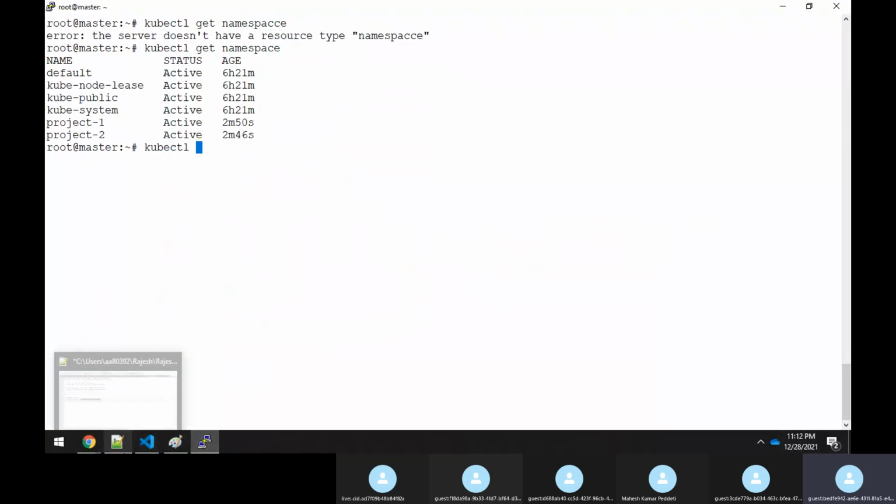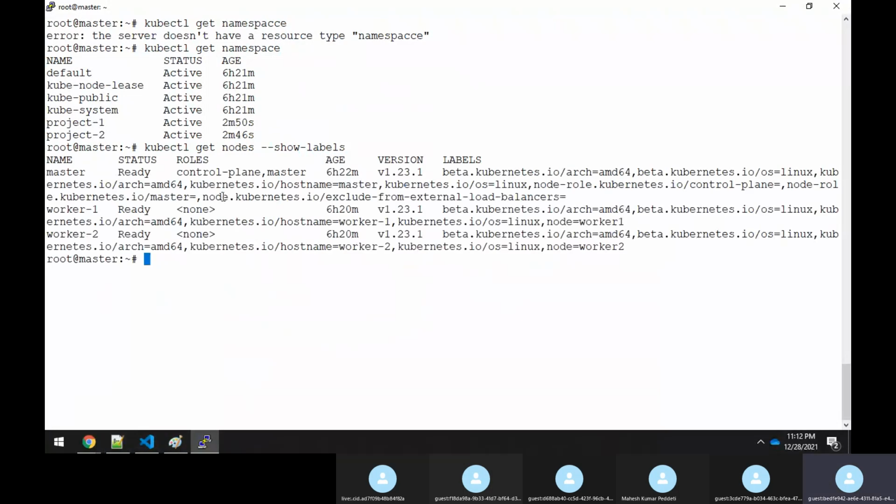One second, sir. kubectl get nodes --show-labels. It will show the labels also. Yes, here it is showing the label. For worker1, it shows the label worker1. For the worker2 node, it shows worker2 as well. So this way also you can check the labels.